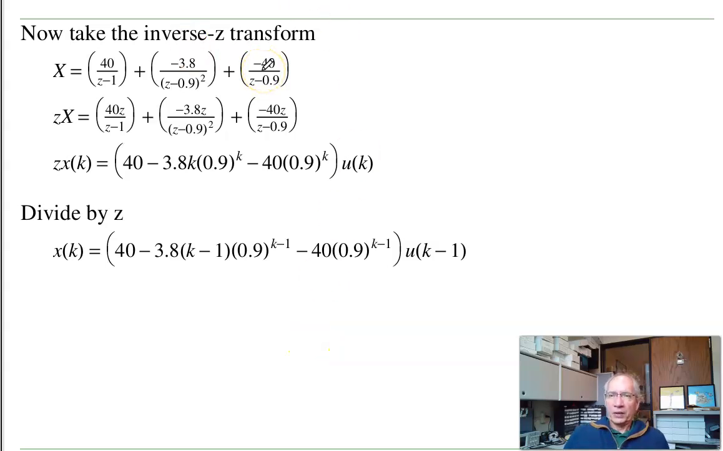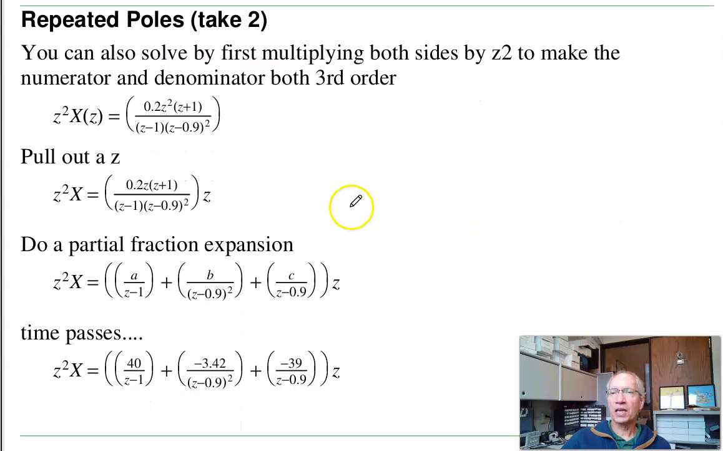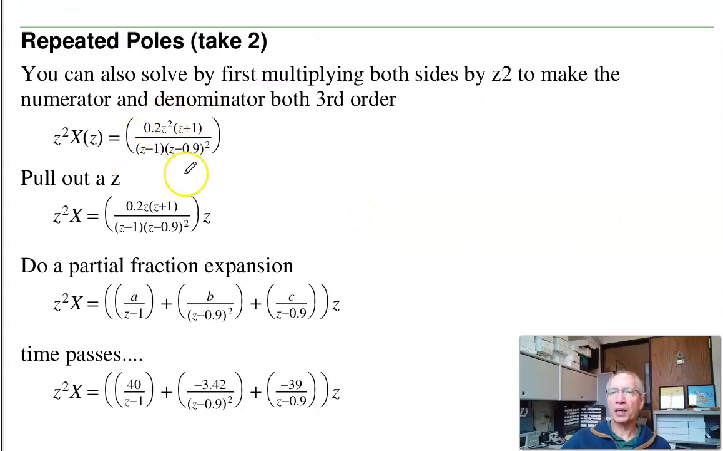Now, I don't have a z, so what I'll do is multiply both sides by z. Take the inverse z transform. Now divide by z, which means delay by 1. That's one solution. Second solution is to note that the denominator is order